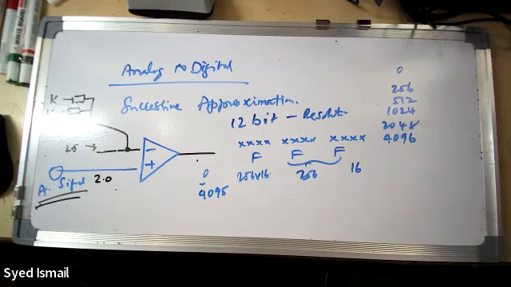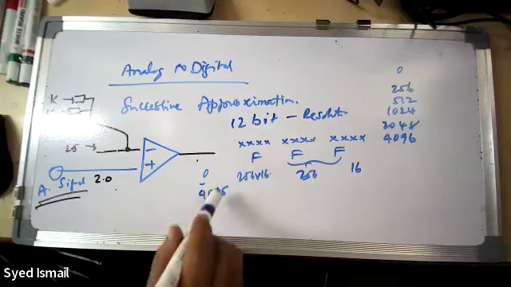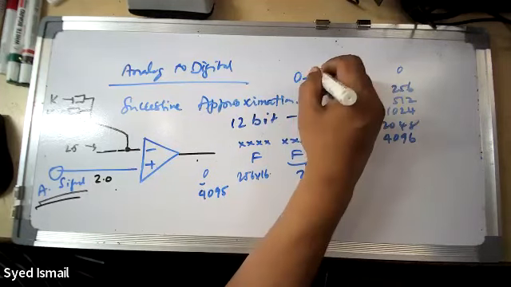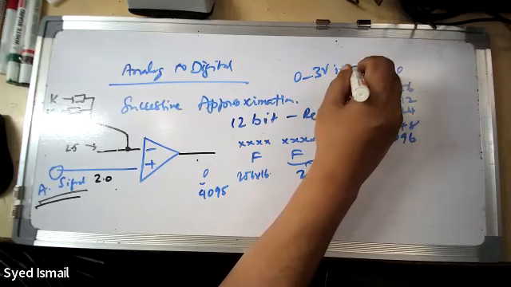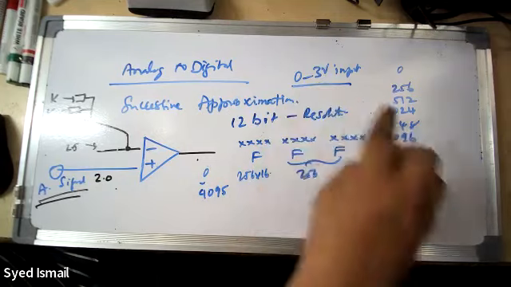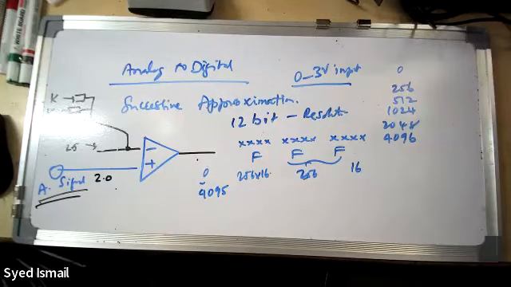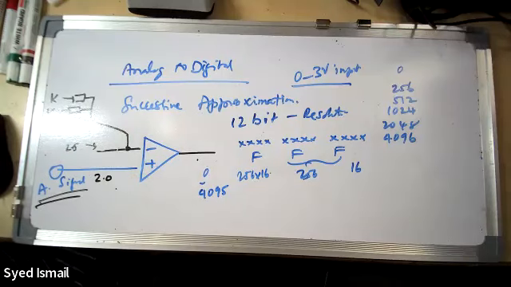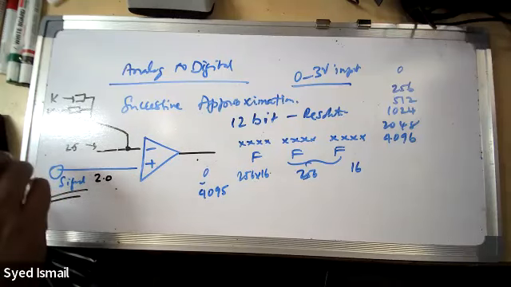So this is how with 12 bit you get a resolution of 0 to, suppose I have a 0 to 3 volt input. That means 0 volt will give me 0 value and 3 volt will give me 4095. These are all theoretical values I'm telling you. So you have so many steps, you can have fine steps. So single successive operation looks nice. How fast can I get the data? Because this has to do all this correction, it won't be instantaneous. It takes time for it also to do it.